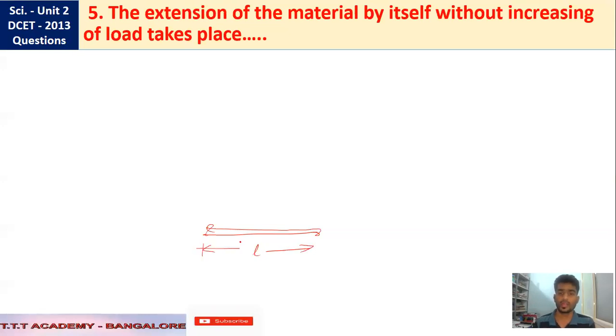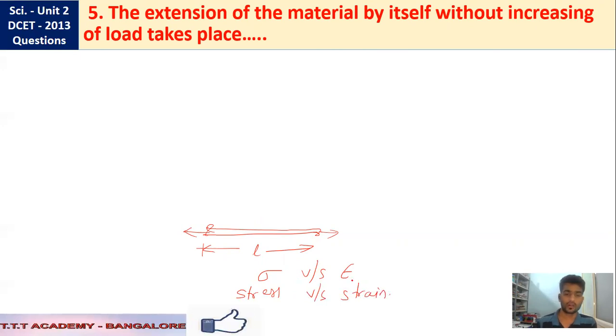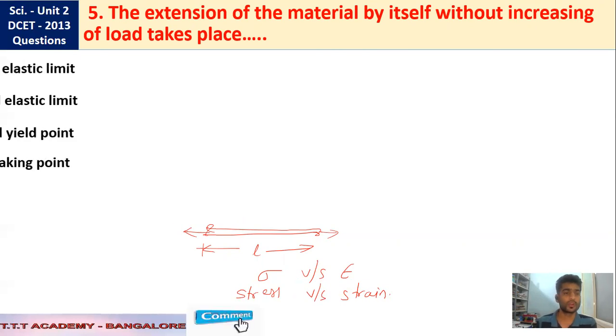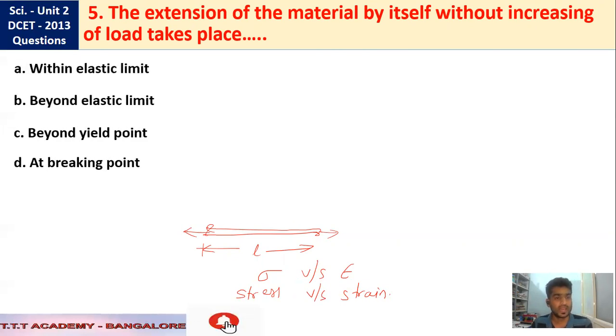Suppose you apply a force at both ends of a wire. What happens? It may produce a stress sigma, and it may also produce a strain epsilon. If you draw a stress versus strain graph, you can easily understand and conclude the right option for this question. You have 4 options: within elastic limit, behind elastic limit, behind yield point, at breaking